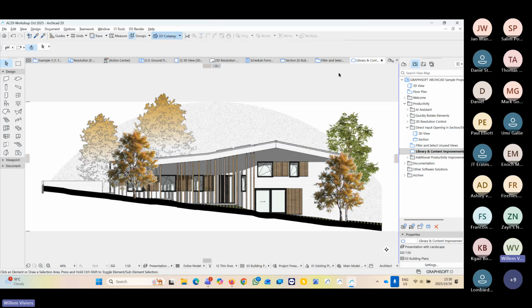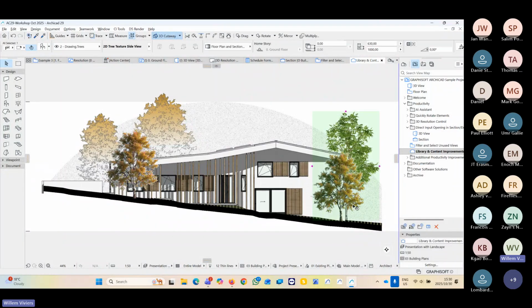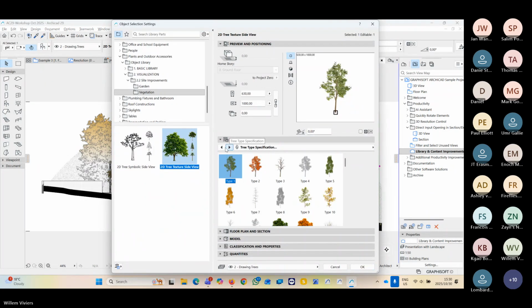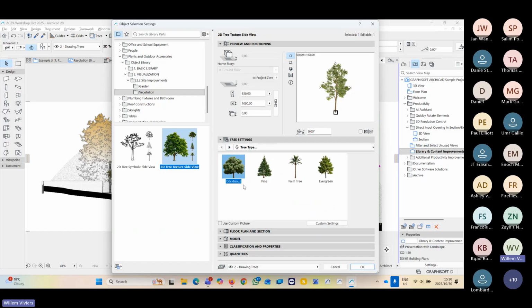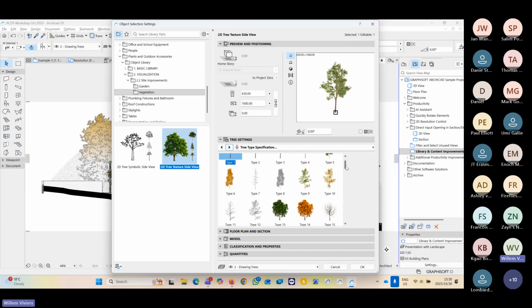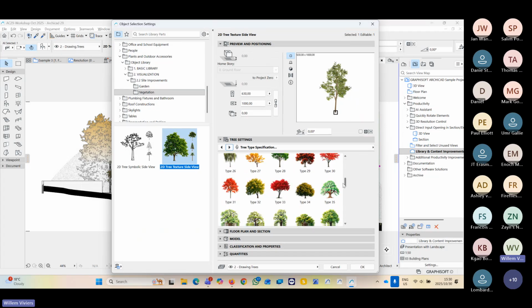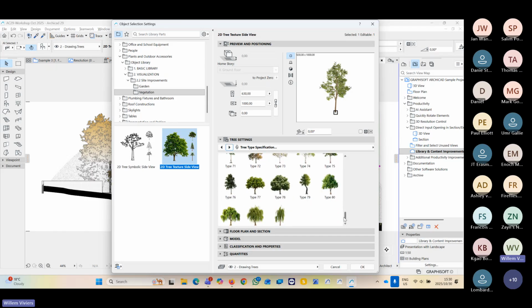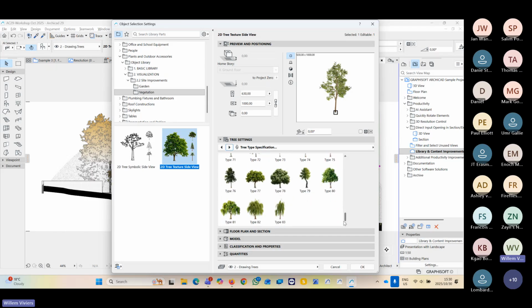Next thing we're going to have a look at would be library and content improvements. We wouldn't go through all of them, but if we look at this object as an example, we've got a certain type of tree, and from there we have different options in types. As you can see, this is what we never had before, and it's quite extensive in what we'd like to use. This makes a big difference on creating nice elevations or sections where we would like to populate it with